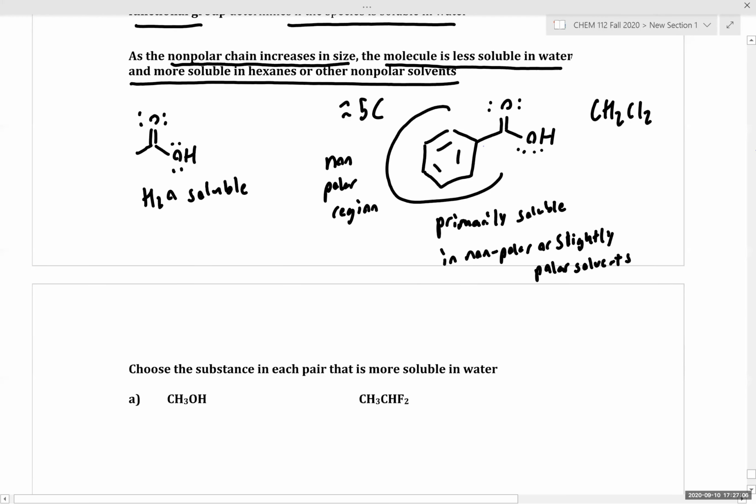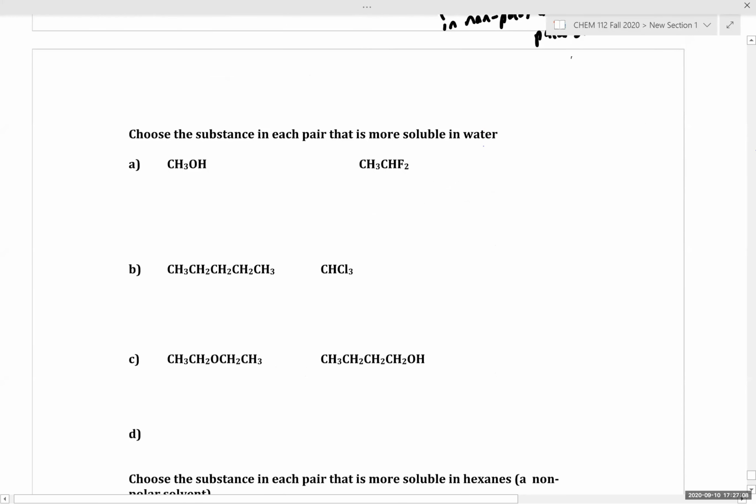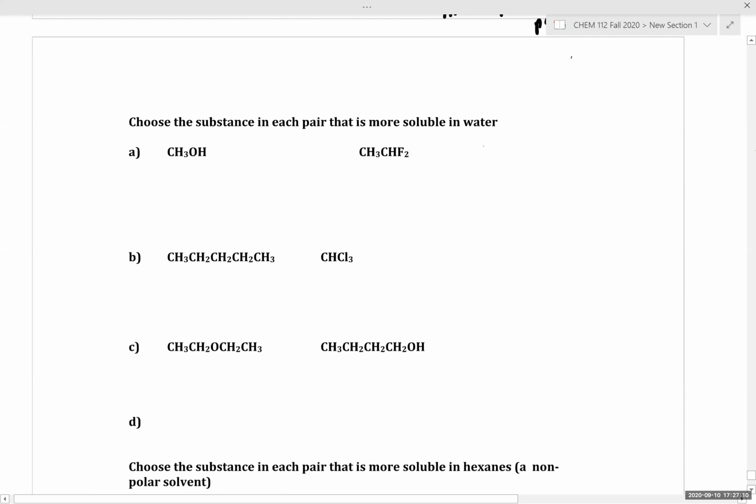So we're now going to take a look at a few different substances, and we're going to circle the substance in each pair that is more soluble in water. So I'll do the first one and you'll do the next two. So in this case, we have an alcohol, which can form a hydrogen bond,